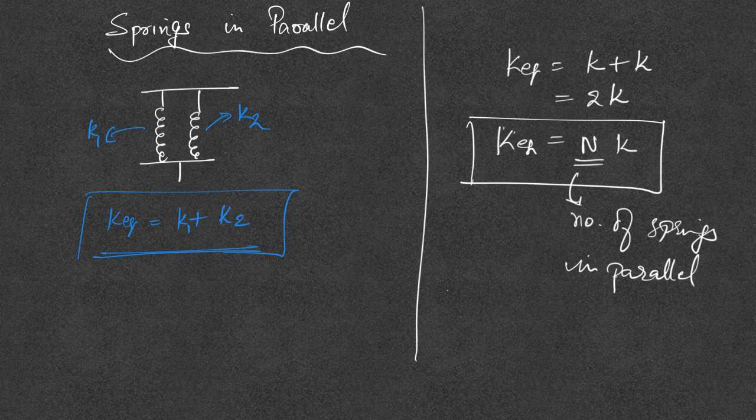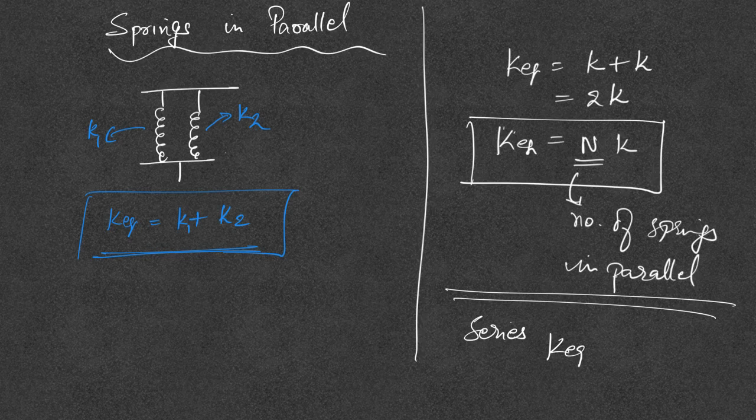And remember, for series it's the reverse. For series it would be K divided by N. So when you connect identical springs in series, the equivalent constant or the stiffness actually reduces, whereas when you connect identical springs in parallel, the stiffness actually increases, and hence K, the spring constant, increases by multiplying by N, whereas in series it reduces, it is divided by N.